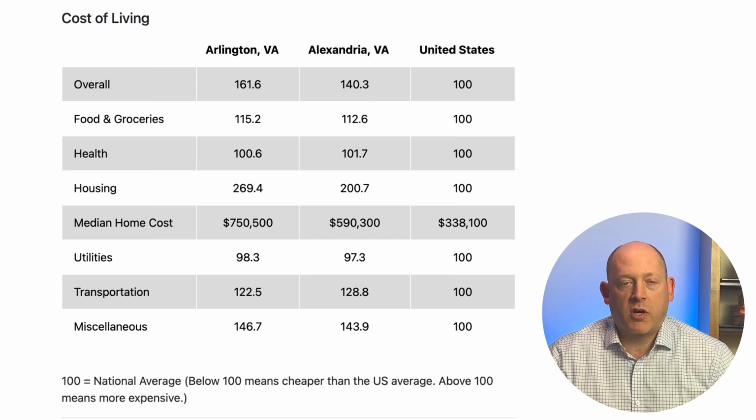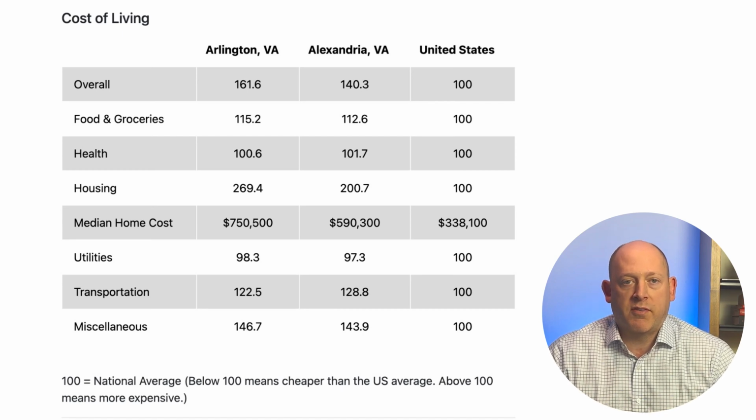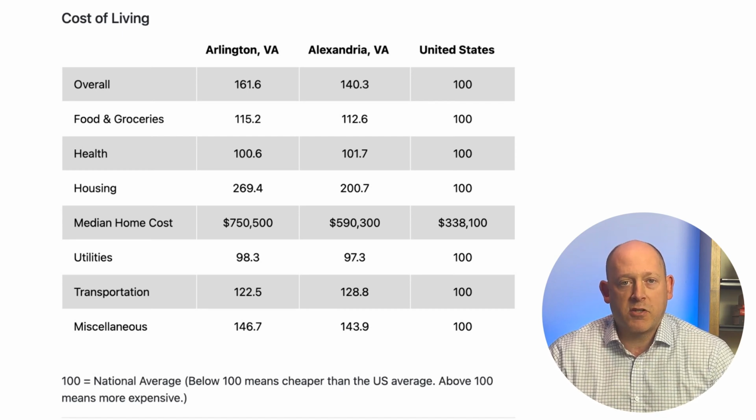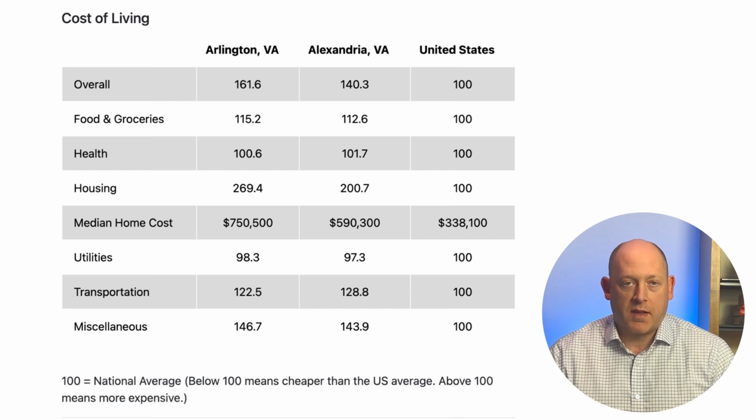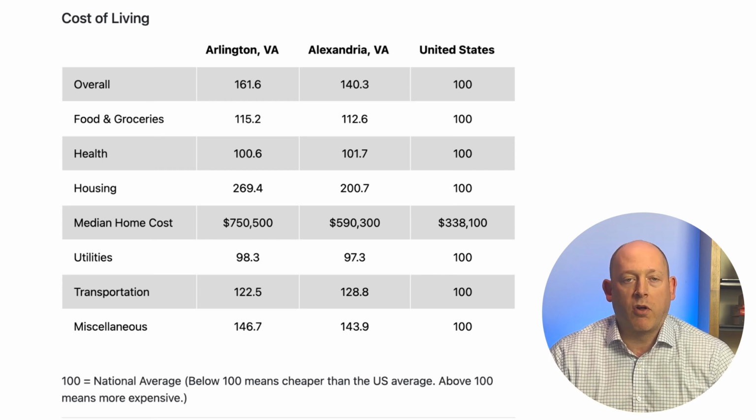And continuing with costs, as you can see the general cost of living here, Arlington wins or loses out by having just a bit more general cost of living expenses associated with it than Alexandria. You are in the DC area, things do cost more here than the national average, so it's not that surprising that it's this expensive. Arlington's a little bit more than Alexandria,